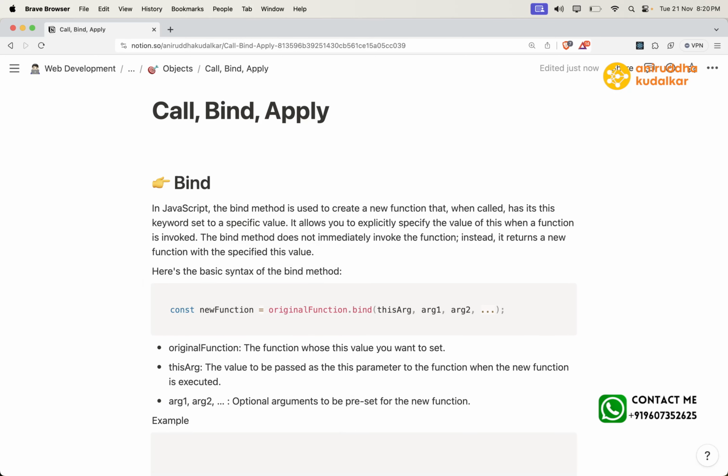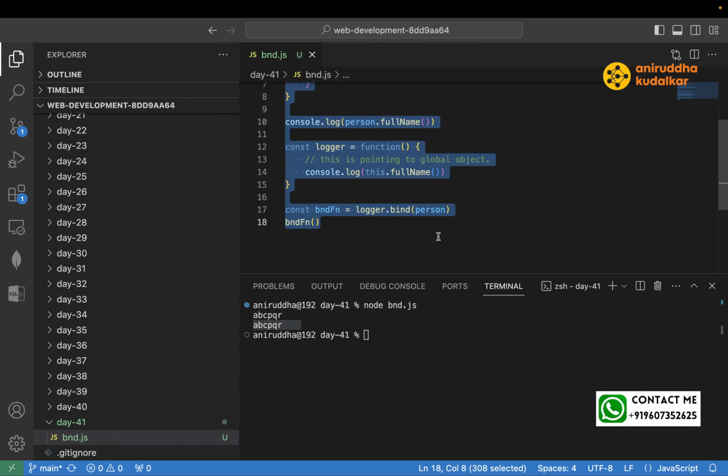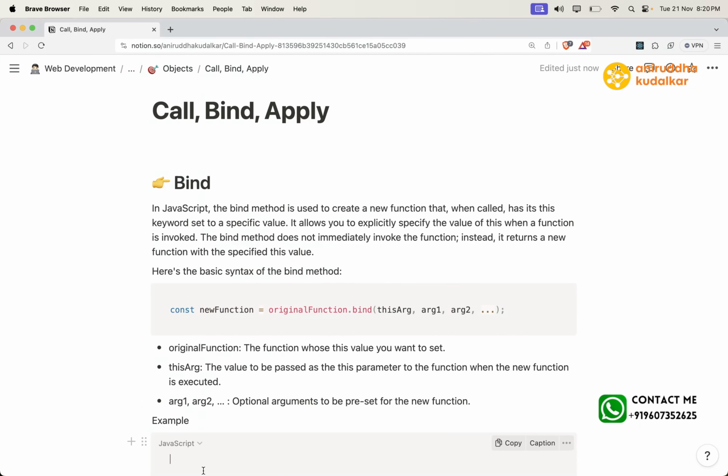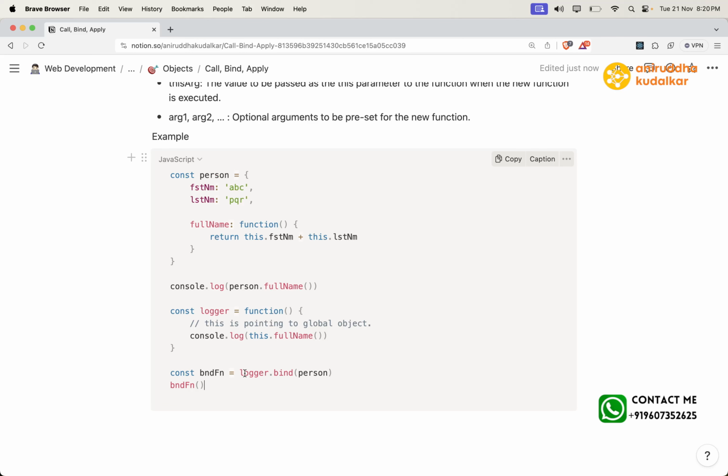Example, we have already written the example. Remember that this returns a new function, a very important thing. Sorry, bind returns what? A new function. That function you need to call. Sir, this arg means the full name or person. If the function is having some parameters,